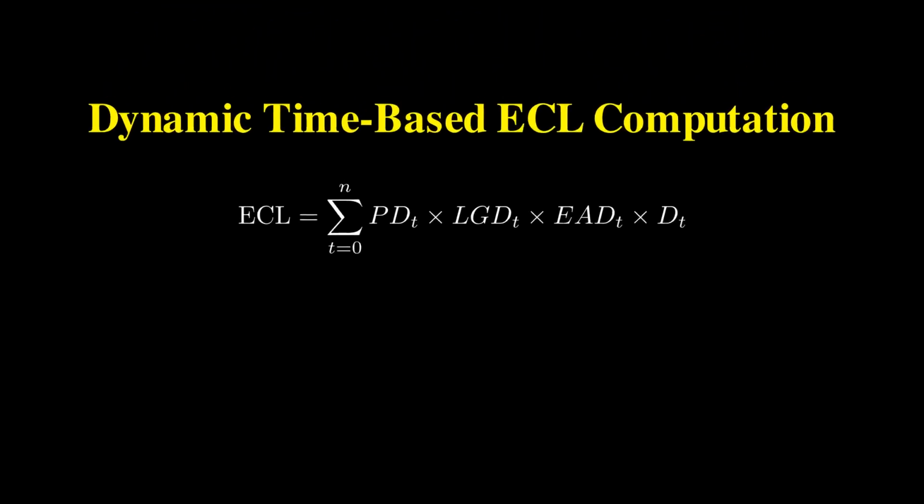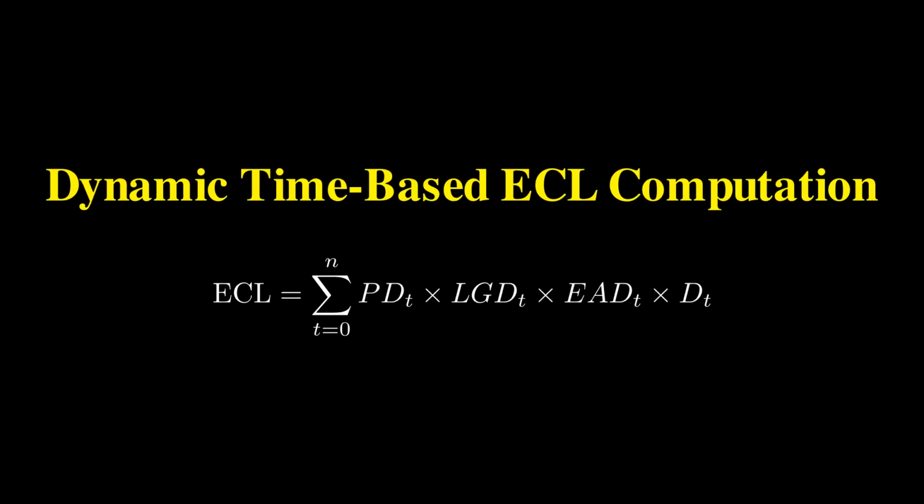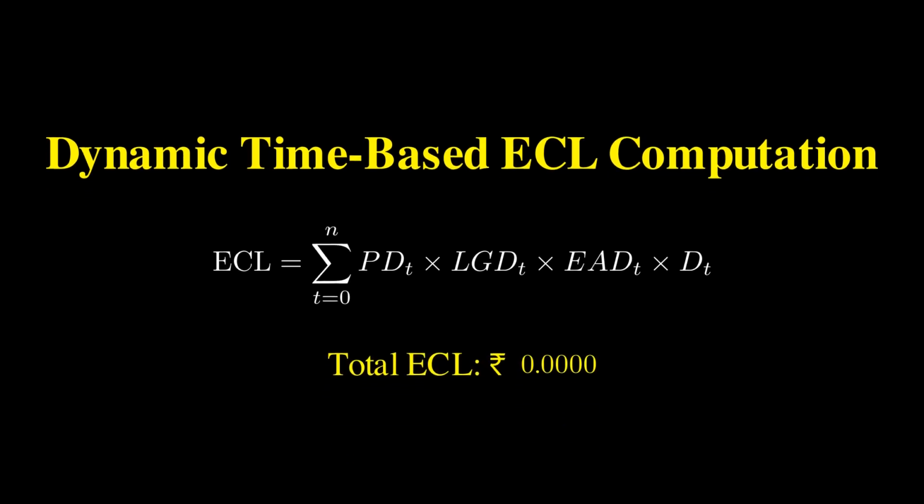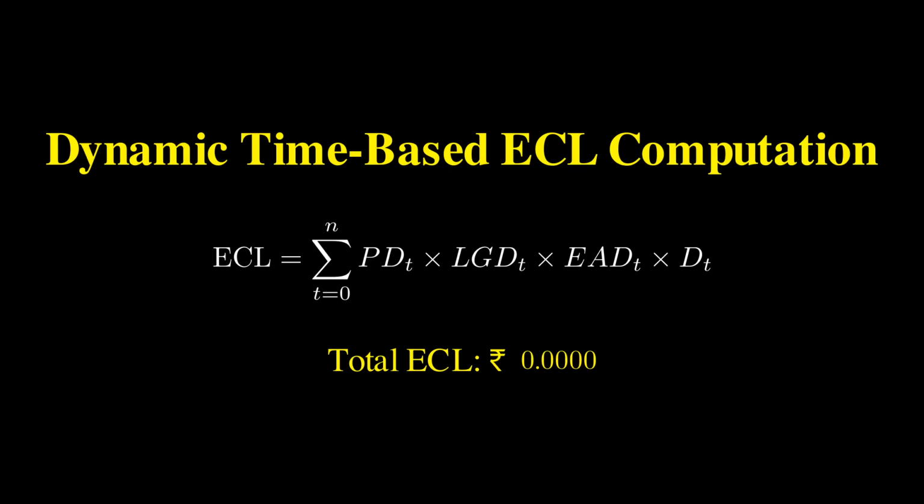In this module, we compute the expected credit loss dynamically across multiple time periods. Unlike static provisioning, dynamic computation adjusts based on evolving risk parameters such as probability of default, exposure, loss given default, and discount factors. The total expected credit loss aggregates the period-wise losses